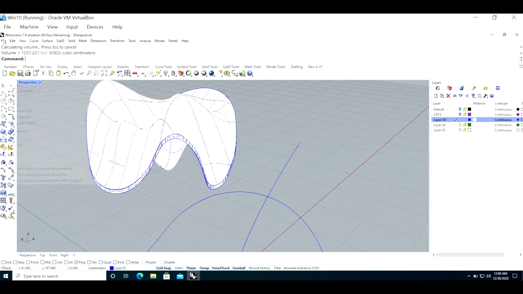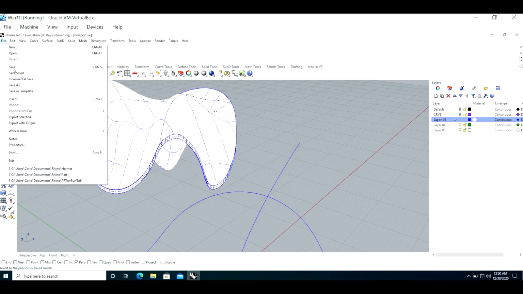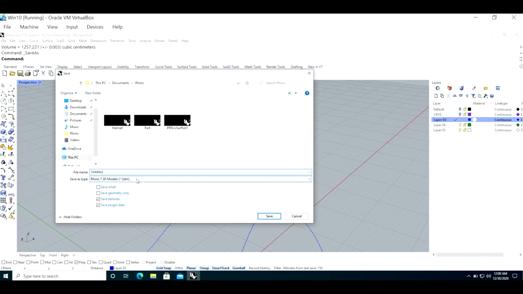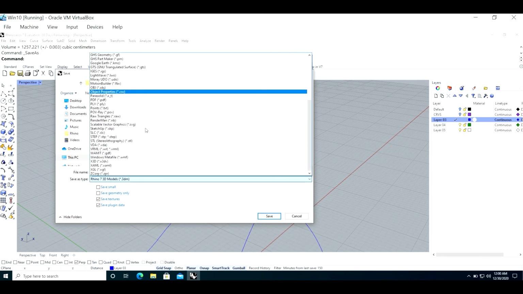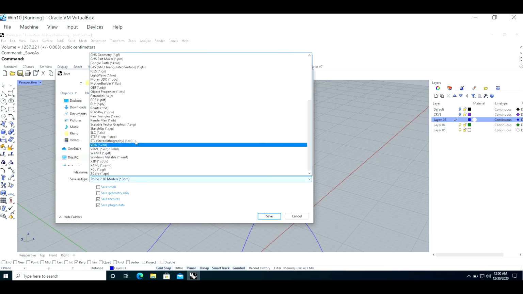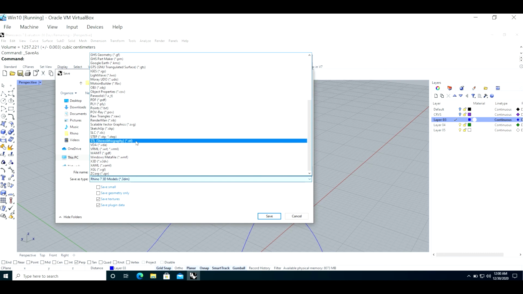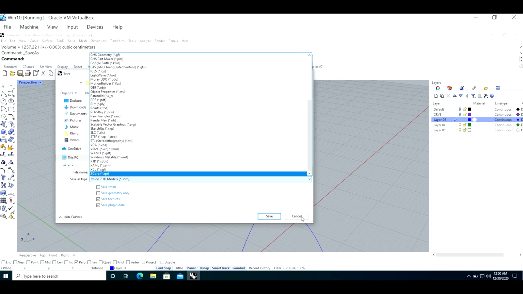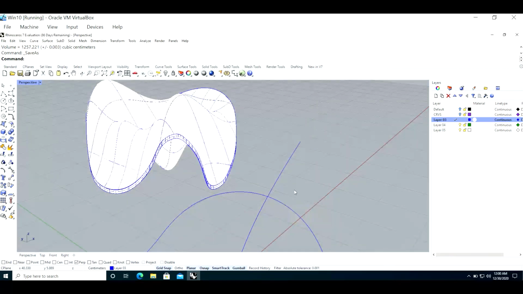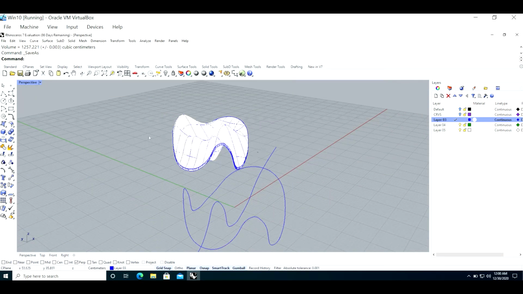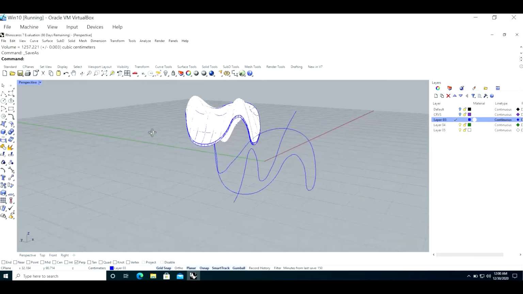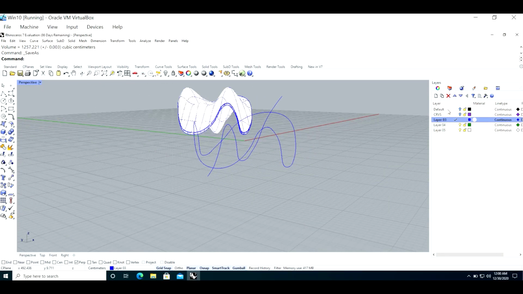So actually to perform your 3D printing job, you'll have to save as and save it as STL. For most 3D printers, this is the format that you'll need to use. But I don't need to save it right now. I would like to go back to my default layer